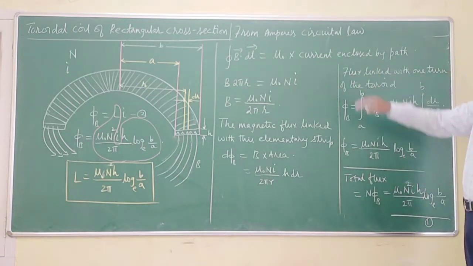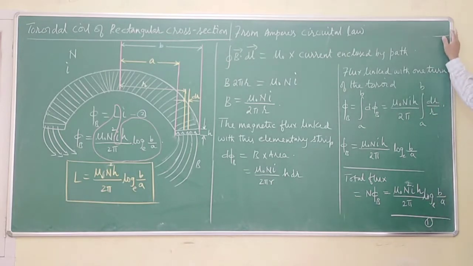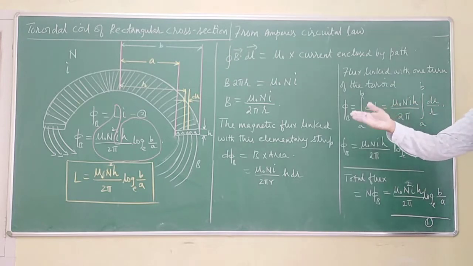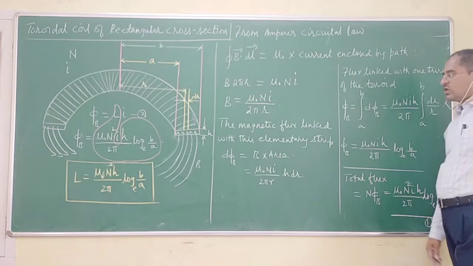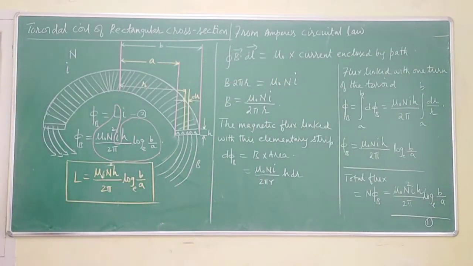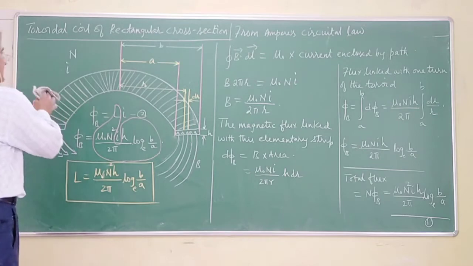As you can see here, we have taken Ampere's circuital law to find out the magnetic field and the magnetic flux linked to the elementary surface. Then we have calculated the flux linked with one turn, then the total flux, then equated with phi is equal to Li. We end up with the expression for coefficient of self-inductance. Is that okay to you? Now, if that is clear, let me rub this off to go into the next topic for discussion, which is mutual induction.